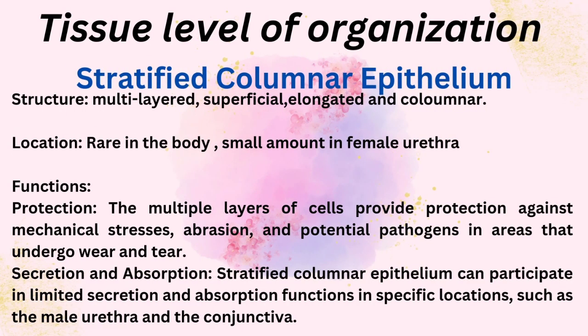Sixth is stratified columnar epithelium. Structure: multilayered, superficial, elongated, and columnar. Location: rare in the body, small amount in female urethra. Functions: protection: the multiple layers of cells provide protection against mechanical stresses, abrasion, and potential pathogens in areas that undergo